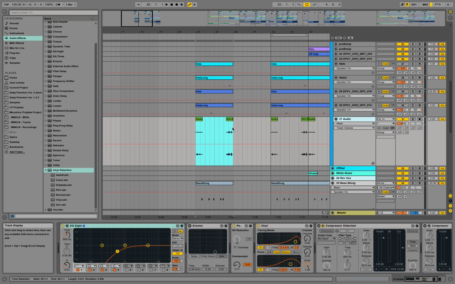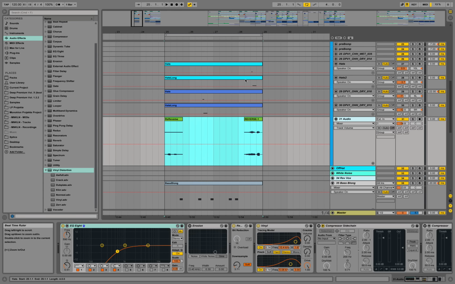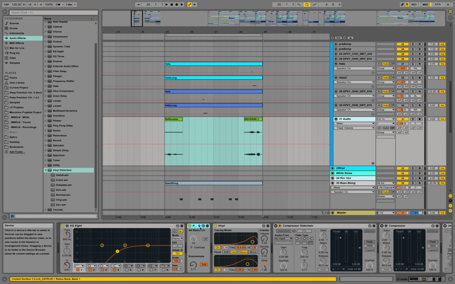So this thing over here is just this kind of swooshing effect I noticed in the original track, so I tried to find a reverse crash sample and make sure it has a little bit of a crackling left and right, and I put it on low cut erosion. I think I took erosion off again, but I put in a little bit of bit reduction. So if we listen to this,